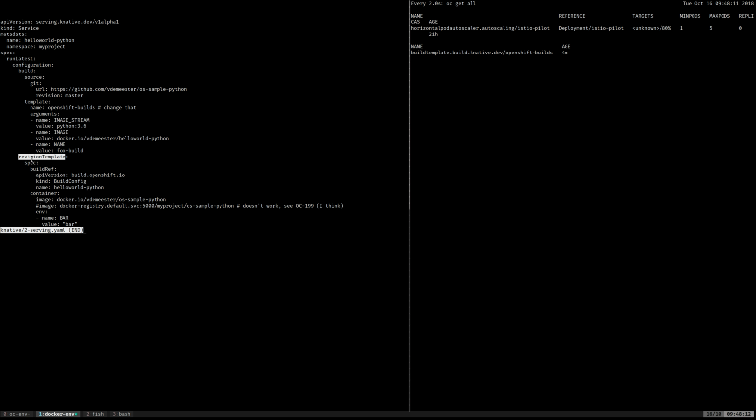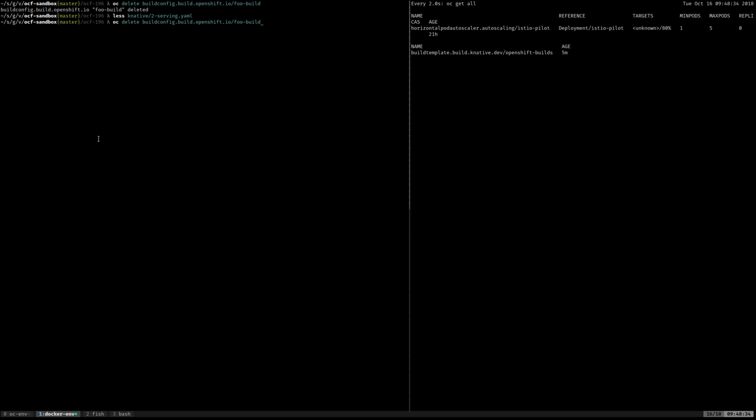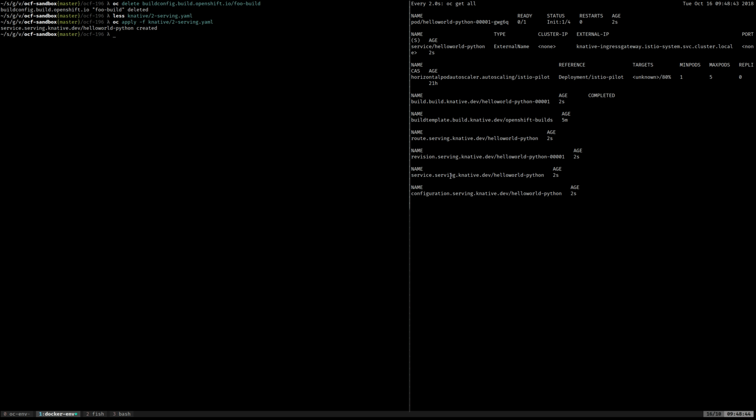And so I have the revision template, so it's gonna be the service, what does the service, and the build part of the configuration is how to build the image here that will be used in my service. And it's basically what we had in the build definition earlier. So same as before, if I'm applying this one,